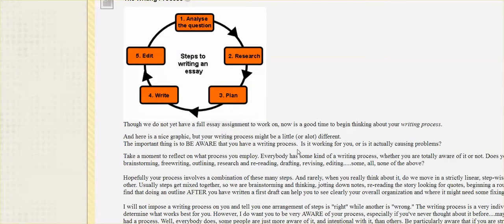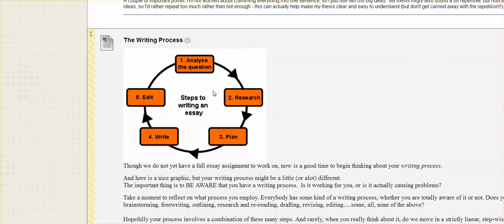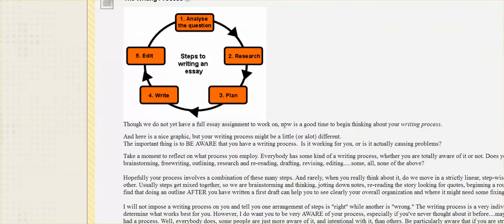There's a little bit on the writing process. There's no one single process, no visual that will guarantee success every time. But you do have a process, whether you're aware of it or not. That's the big thing I'm trying to get to here: oftentimes students write, struggle, work hard, and don't get a great grade, or at least not one that reflects all the work they put into it. Then, without being aware of their process, they do exactly the same process again, get the same results, and are equally frustrated.